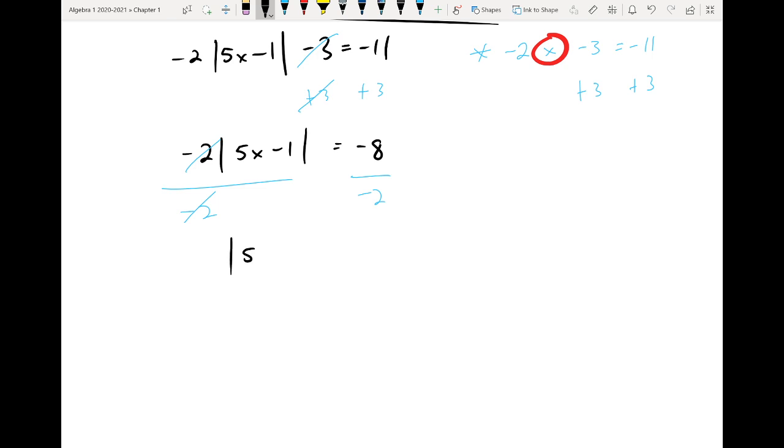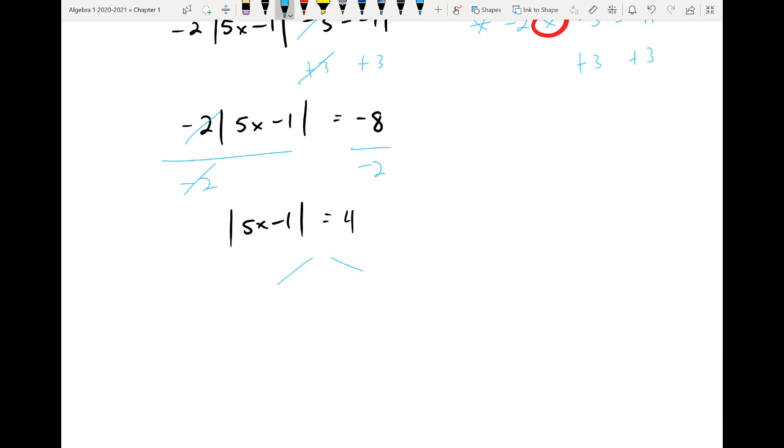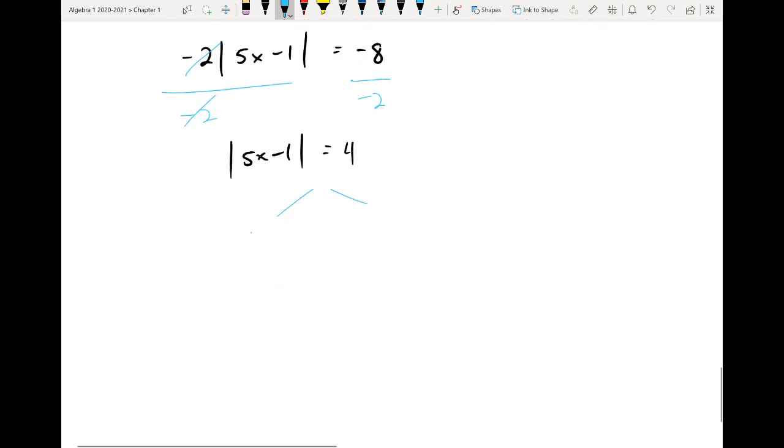So now I have 5x minus 1 as my negative 2's factor out. I have negative 8 divided by negative 2, which is a positive 4. I can do this problem. The outcome of the absolute value must be positive, and it is here. So now I do my split, okay? I have 5x minus 1, 5x minus 1, and of course my two possible outcomes are 4 and negative 4,